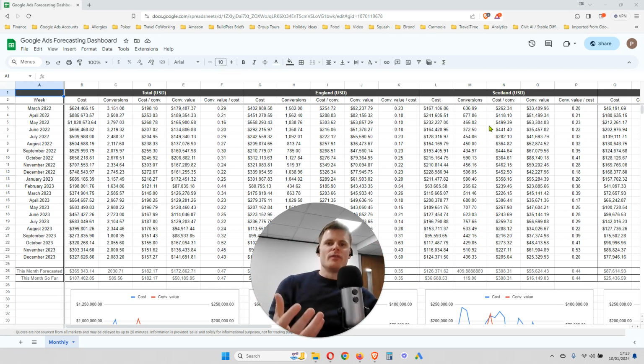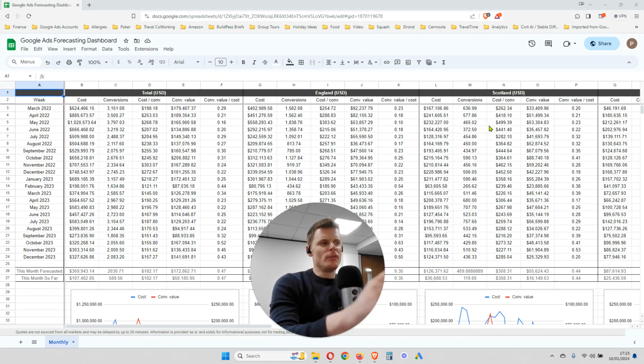What are the number of conversions we're likely to generate this month? And begin to get an idea of what kind of performance and what kind of return and ROI you're going to get for that particular month. And so I've created this sheet that I use for doing that basic forecasting, getting those estimates for accounts that